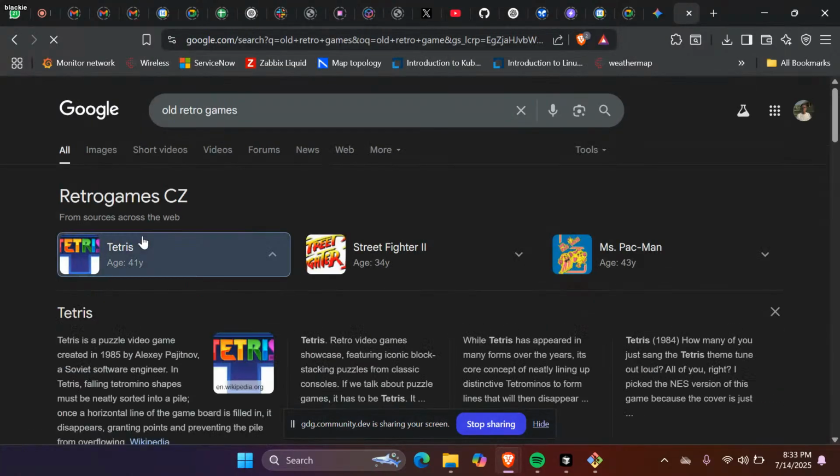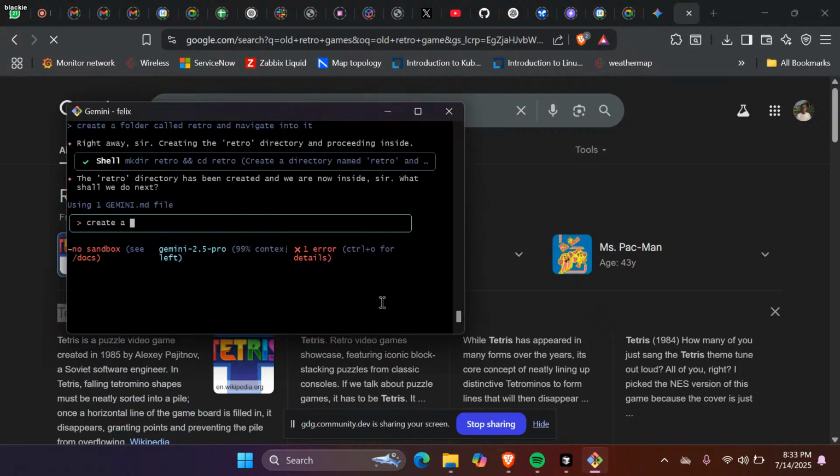Let's build this. Create a Tetris game. Let's just use HTML and CSS and JS.